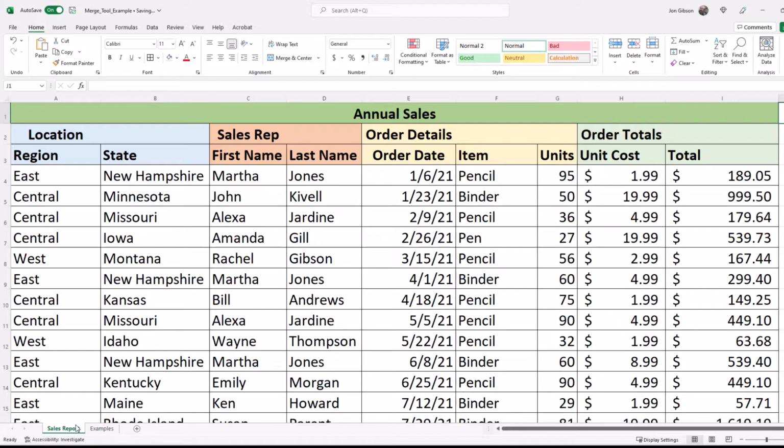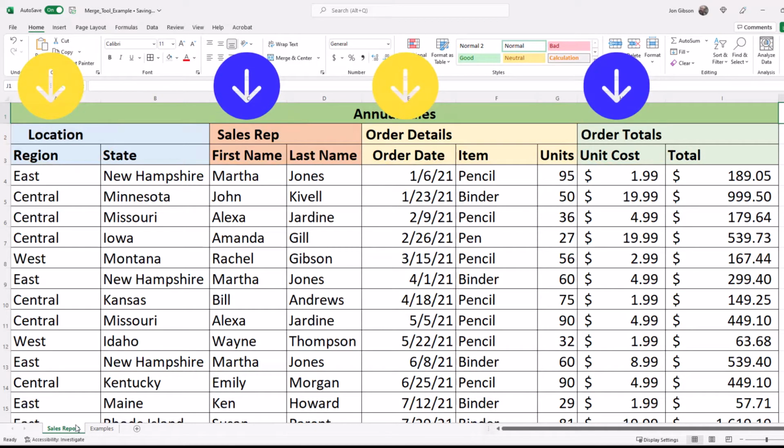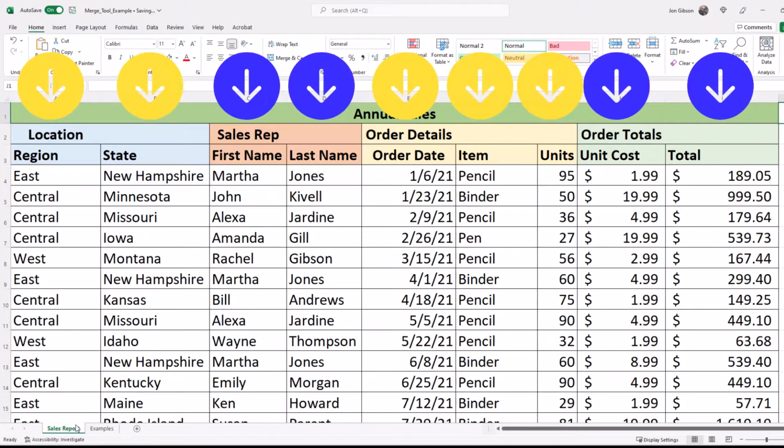Looking back at our annual sales report, we want to make the headers a bit more legible. As you can see, each header group has a header group label in row 2: location, sales rep, order details, and order totals. But the issue is that the header group labels are only over one cell of the group. We would like for the header group label to be centered over all of the cells in the group on